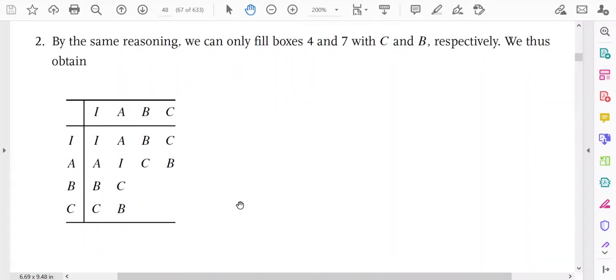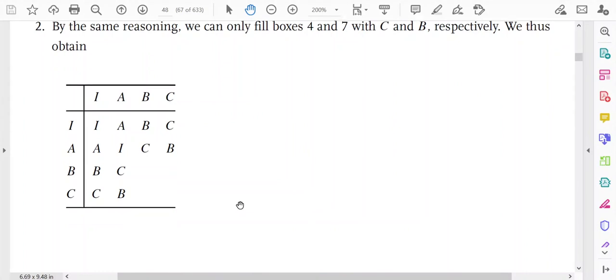This is one of the processes for constructing the multiplication table. I think you have understood the whole discussion, and for further discussion I suggest you go through the textbook of AG, group theory in a nutshell. This particular content of the discussion has been taken from the book of AG.